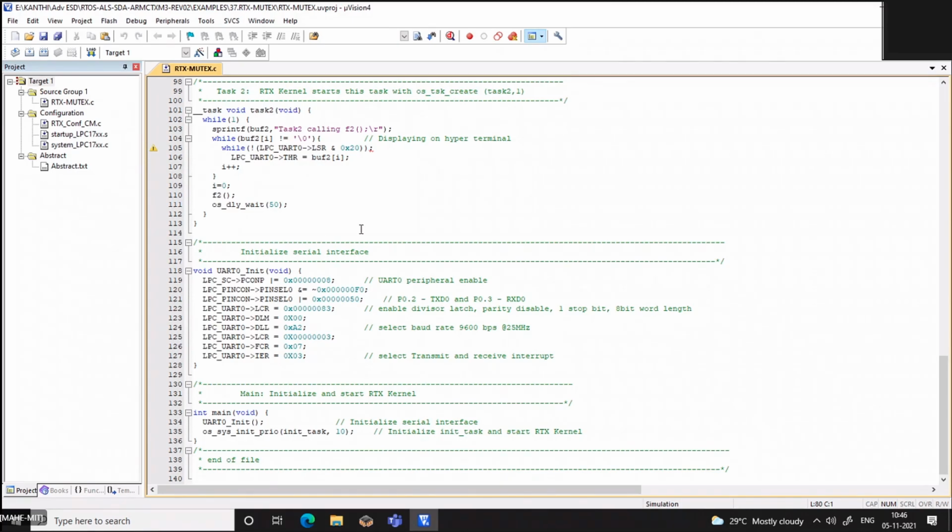Ma'am, if the timeout period expires, then the process will move on to the critical section? See here, the wait function, how long it can wait. Otherwise, it will become infinite, right? Yes, just to avoid that scenario in the code, because we want to make sure it should be normal. If a timeout period is defined, you can give any value. It will wait for that much amount of time, and then it will come out of it. If the mutex is not available, it cannot enter into the critical section.